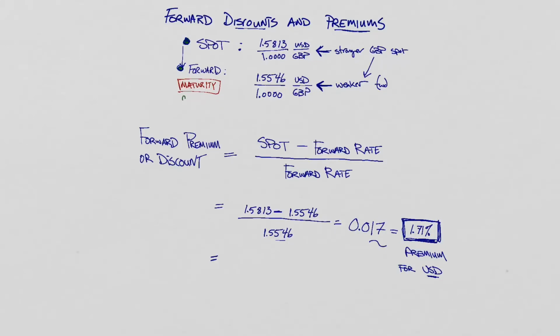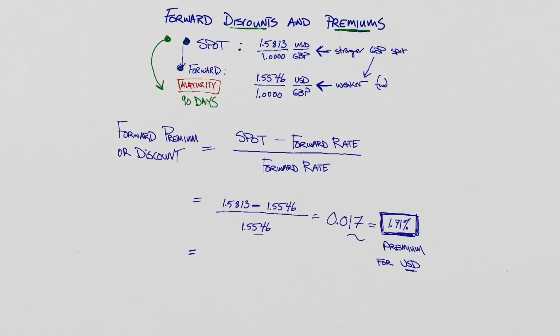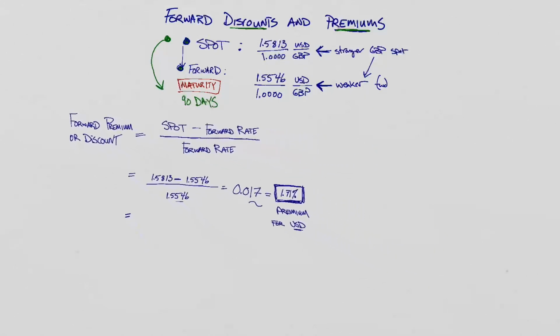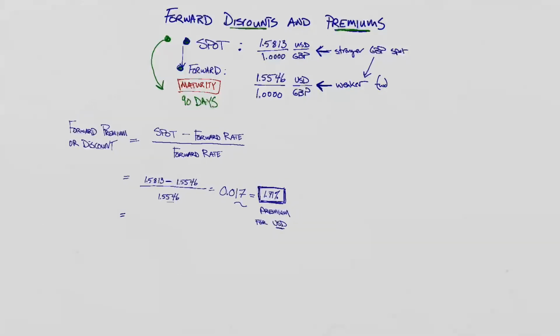Let's say this forward rate that we're looking at here is a 90-day forward contract. So today is today. We're agreeing about the rate that we're going to buy or sell foreign currency 90 days out from now. And when we talk about forward discounts or forward premiums, these are often annualized numbers in practice. So to really get our final answer for this, it's not going to be the 1.71%. It's going to be what that is annualized. And if this is a 90-day forward contract, then we can take this percentage difference that we've been given and scale it up to an annualized number